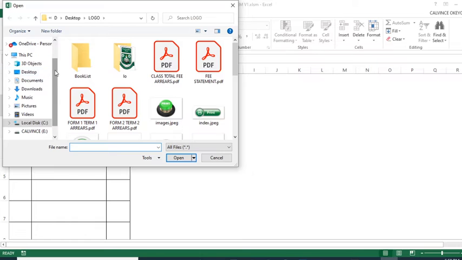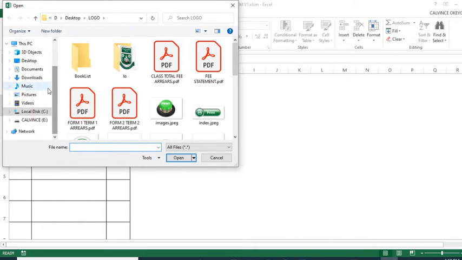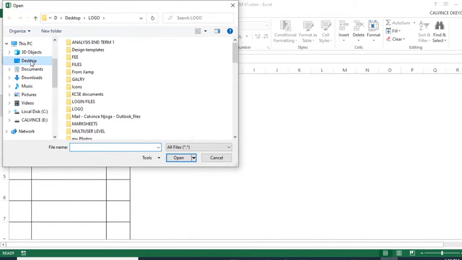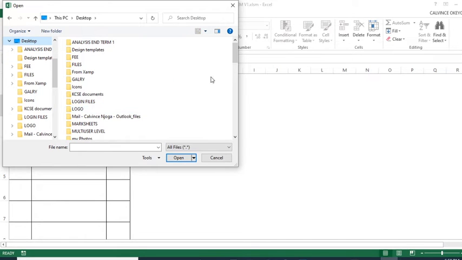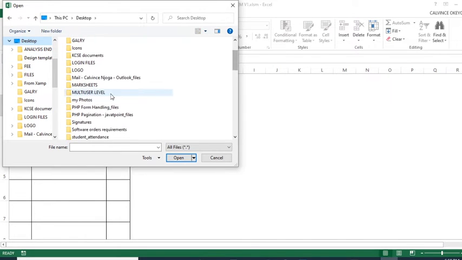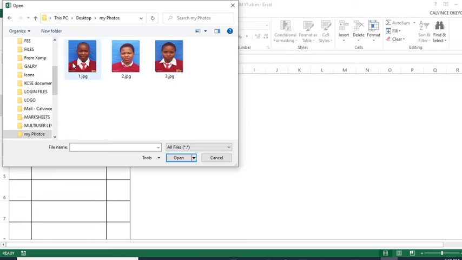So we go to the folder where we are keeping our learners' photos. I think mine are somewhere, my photos here. Okay, yeah. So you select, you press Control A to select all of them, and then we should have